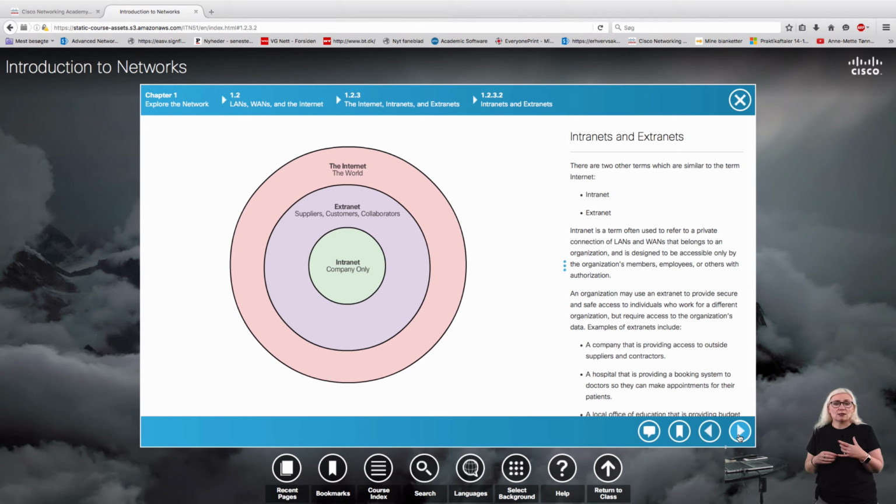This is, for instance, if we have a large company that has locations all over the world, they can be connected to an extranet, and also an intranet within the company, but I can connect my suppliers, my customers, my collaborators all to an extranet. And then of course around everything here we have the internet, which is the entire world connecting.